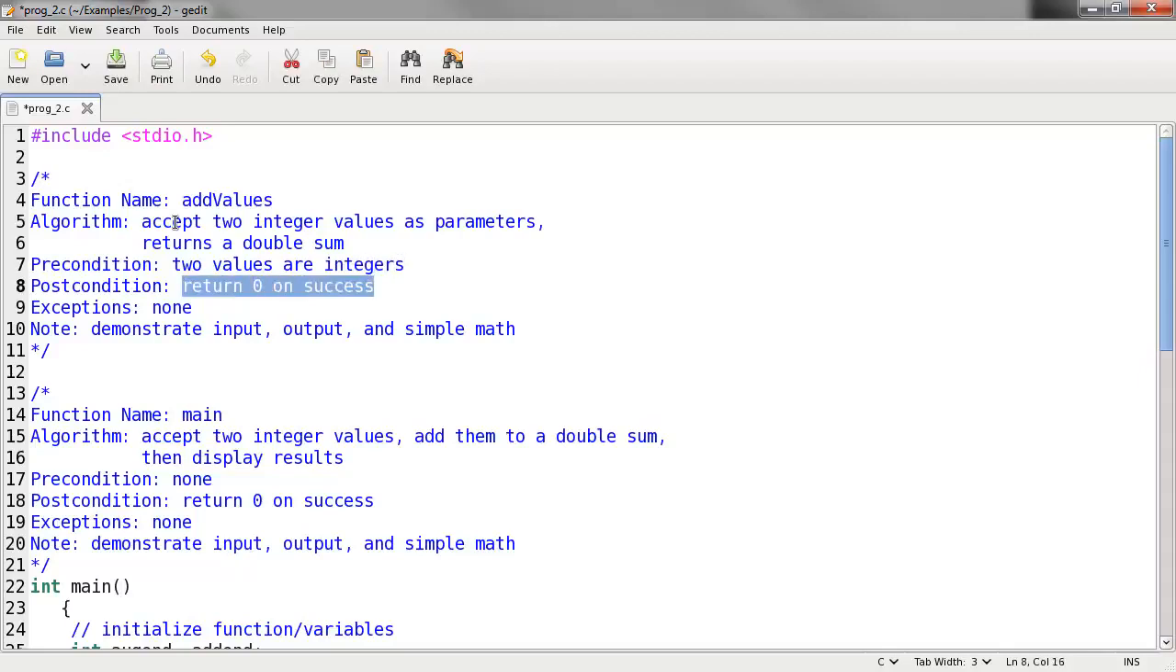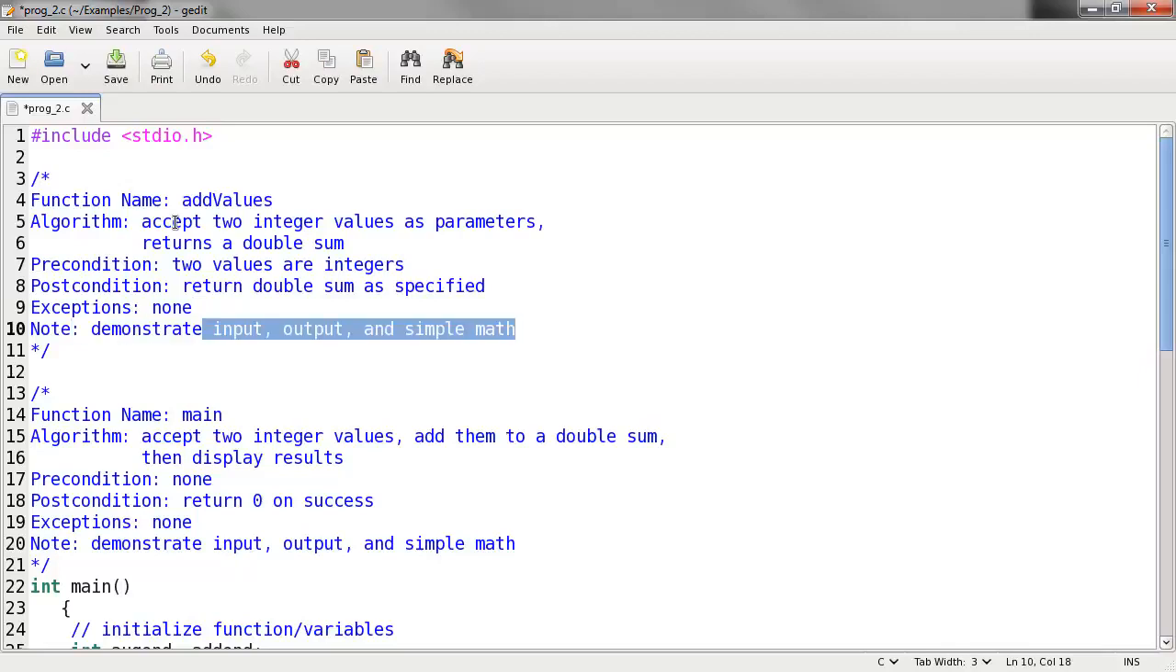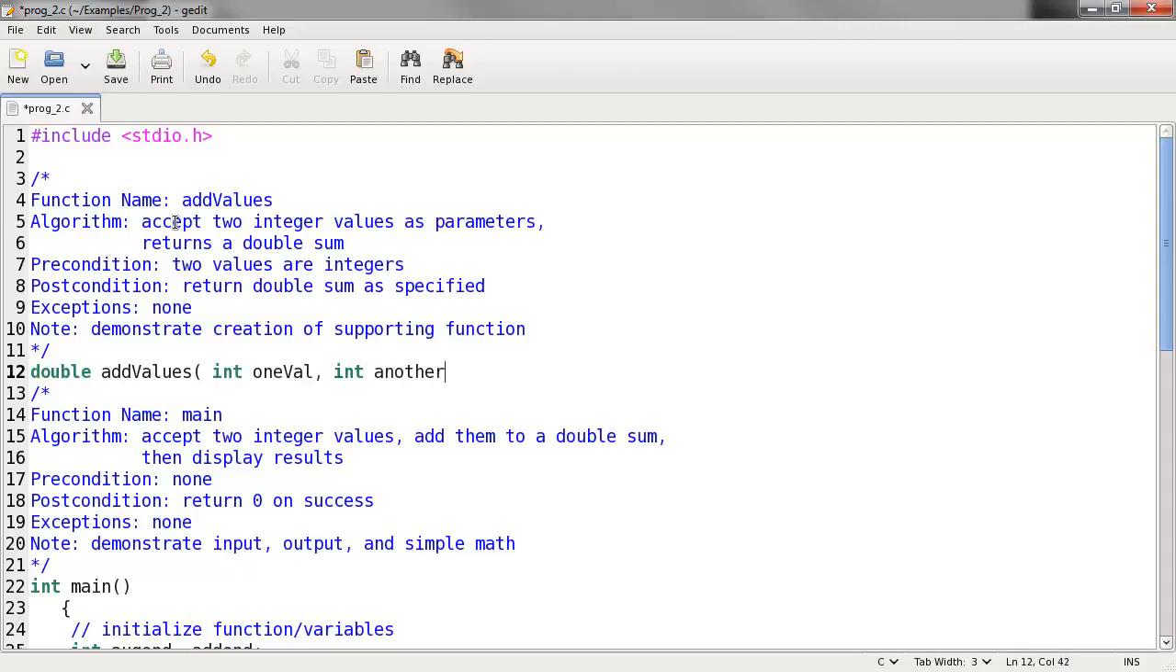Postcondition is that we will return double sum as specified. No exceptions on this, and we can make a note here, demonstrate creation of supporting function. Now once we've done this, we can create a stub function, and this stub function will be double addValues. We'll take one value, another value,